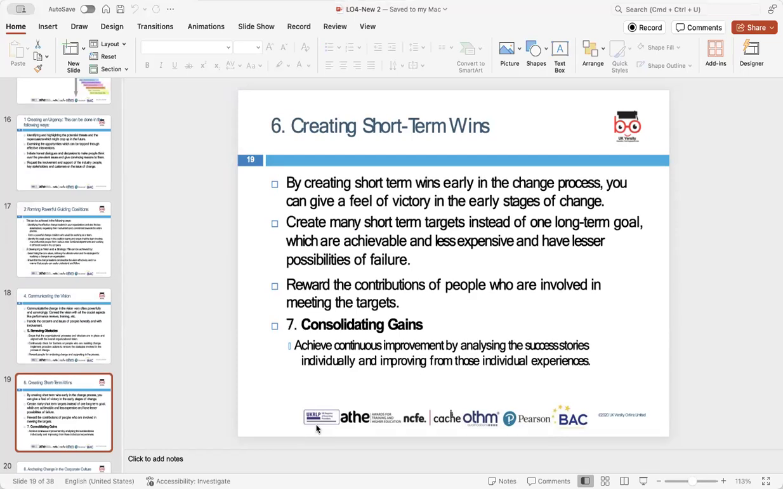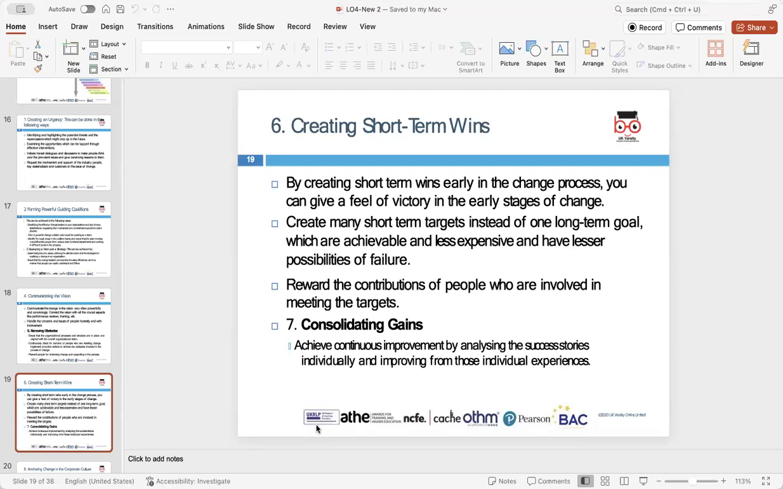This is essential to building momentum for change. Short-term wins offer visible proof that the change is making a difference, which boosts morale and encourages further efforts. Achieving quick victories shows that progress is being made and that the change is on the right track. To maximize the impact of these wins, it is important to set short-term targets that are achievable and cost-effective, rather than focusing